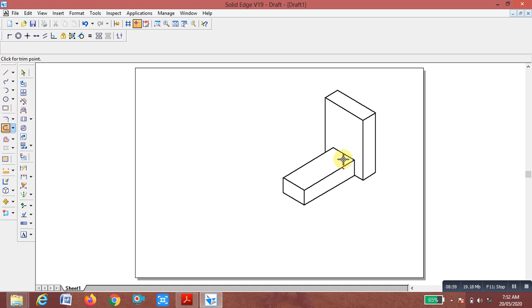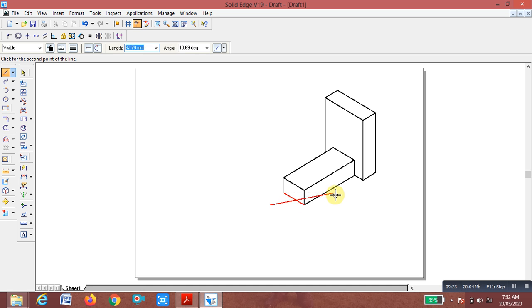Right, now you understand how to draw the isometric projection of this. Just draw the line at this base edge. Line command, select. Here you can show the 30 degree line.